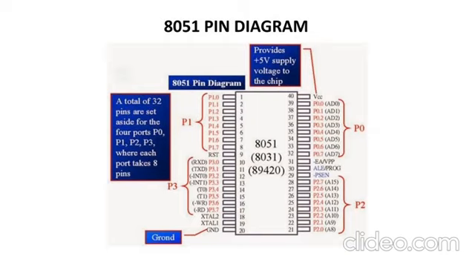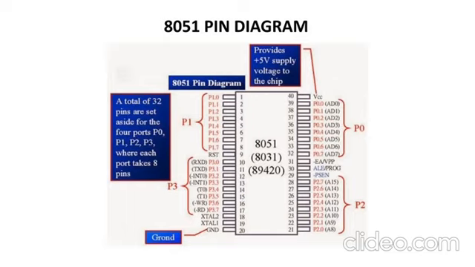After writing them, come down to the 21st pin. Here you first write P2.0. The direction is changing again, from down to upwards. At the 21st pin you write P2.0, then at 22 you write P2.1, and so on. Keep writing up to P2.7 and end at pin number 28. So port 2 starts at 21 and ends at 28.